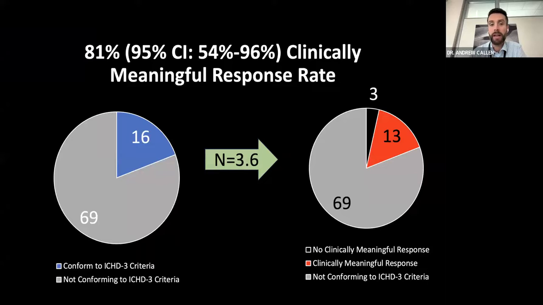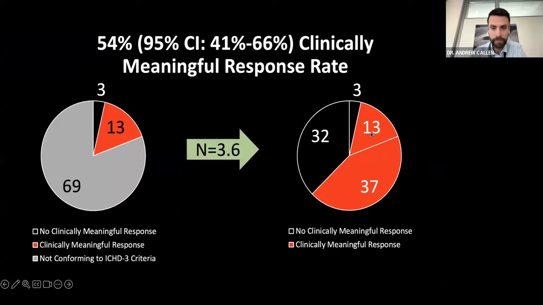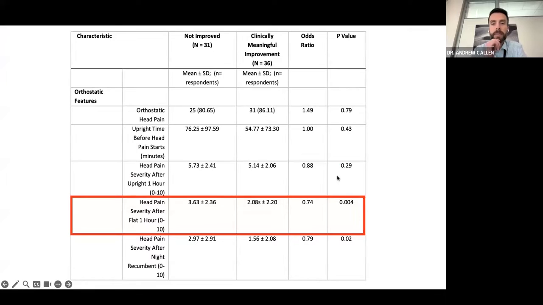81% of these patients had a clinically meaningful response rate. Most of the patients who were ICHD3 positive did, 13 out of those 16. And over half of the patients who were ICHD3 negative did as well. So although it was a much lower percentage, it was still a very large proportion of the patients who are ICHD3 negative. And if we looked at specific metrics of those patients pre their first patch related to the orthostatic